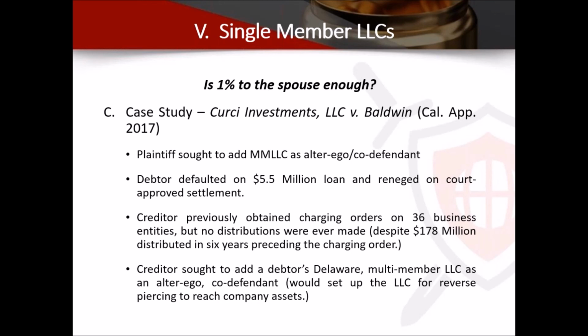So we have the Curci case, and the Curci case is a fascinating case where someone who had $200 million didn't even get basic legal advice. So Curci puts $200 million into a family conglomerate, really what amounted to a conglomerate, very wealthy person, and puts his wife on for 1%. It's a Delaware entity. Arguably, you can take Delaware.